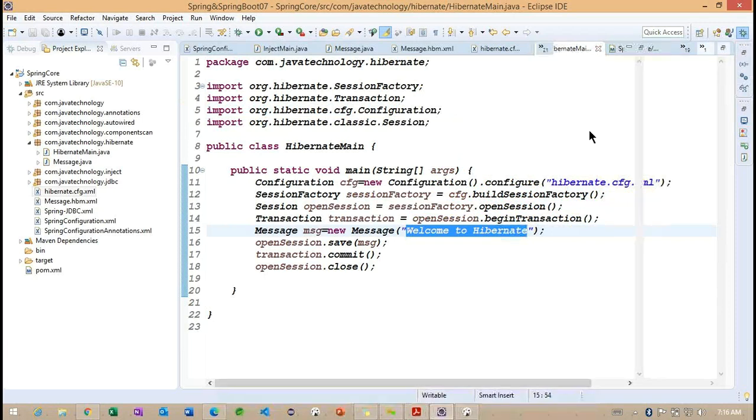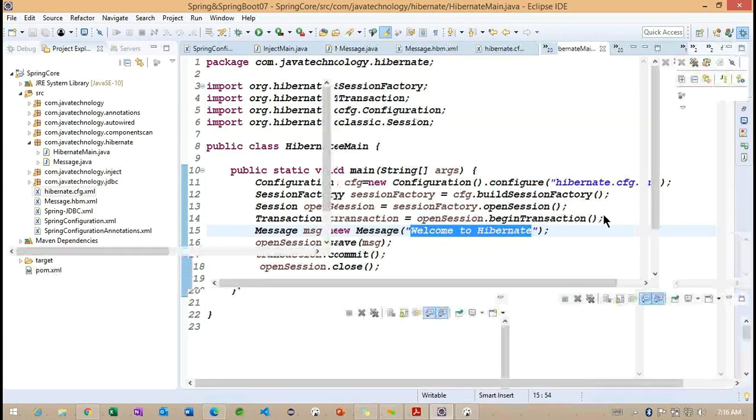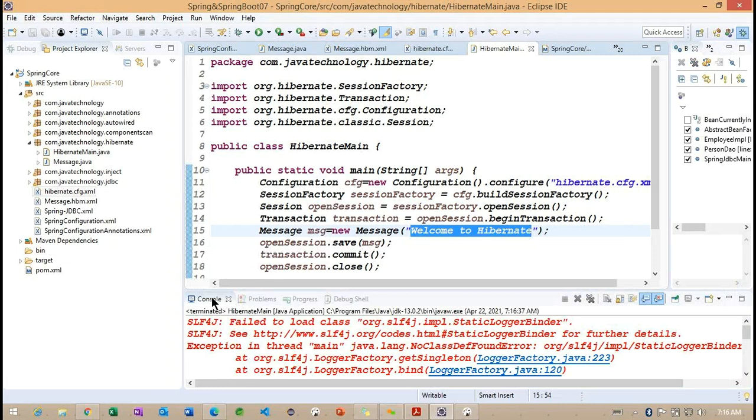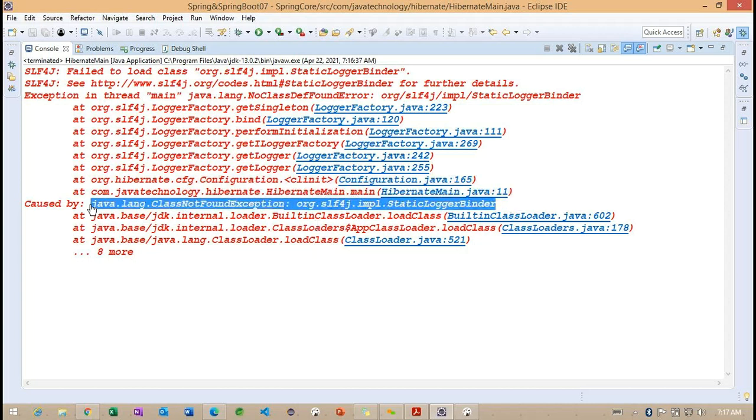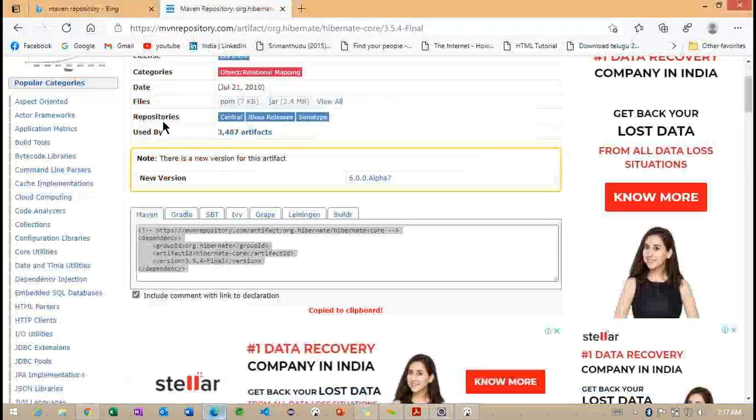Okay, back to here, basically we are getting an exception. We need to understand what we missed here. We can see it is expecting SLF4J, a logging framework. Now if I look at this particular error, what exactly is it indicating?